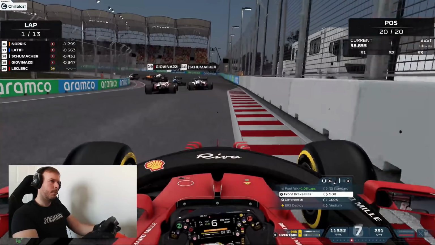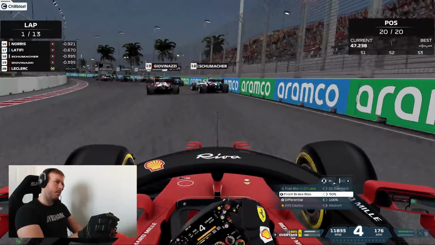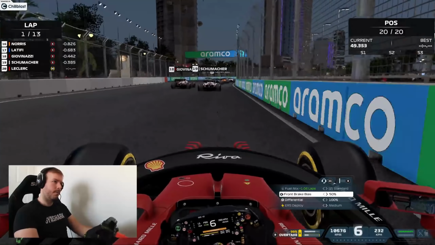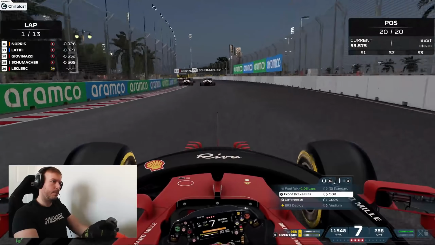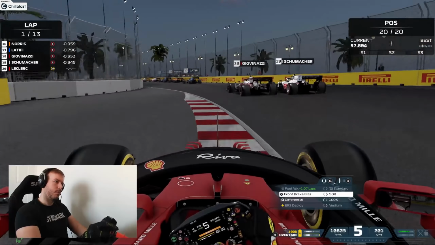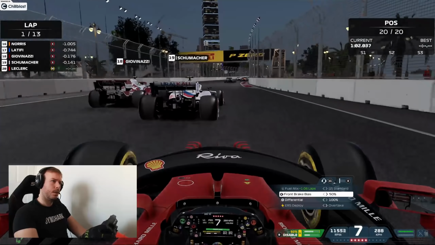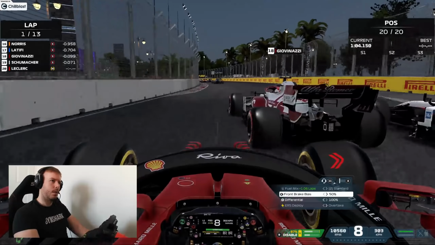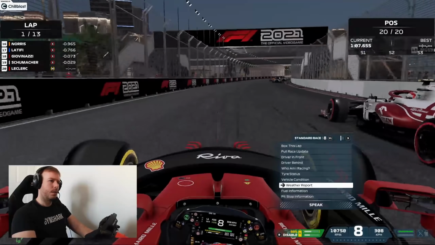And quite typically the AI love to go side by side. They are just obsessed with going side by side, it seems, and the 2 teammates, Giovinazzi and Schumacher, still going side by side, still going side by side. They just absolutely love it. So I'm going to try and make my way through here,